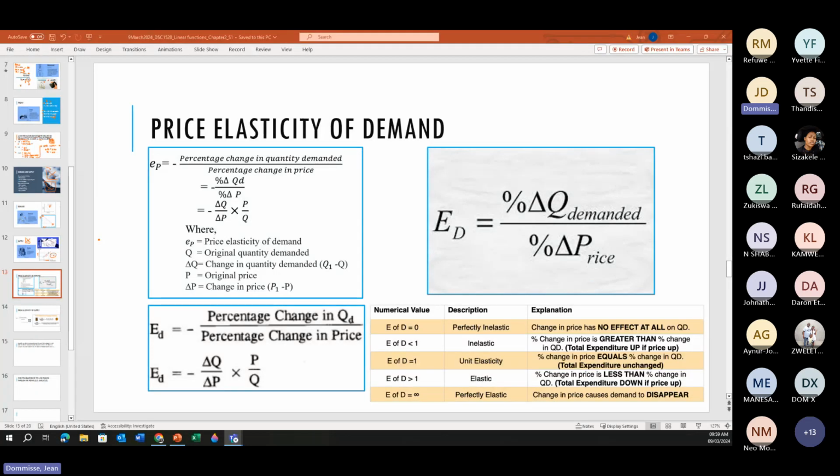So they will ask you at least one price elasticity for your linear functions, and they will ask you at least one price elasticity for your nonlinear functions. So it will be in your exam paper. Okay, so that's why I've nearly tried to give as much